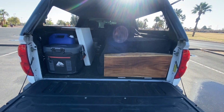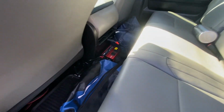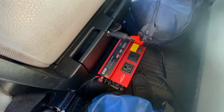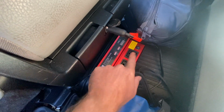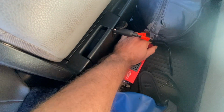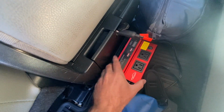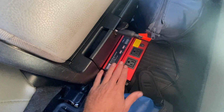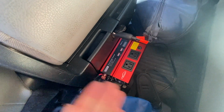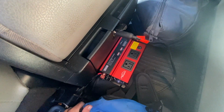So what I did instead was I just got an inverter right here. When the car's running, I will be able to plug some things in. There's some other cigarette lighter holes on this side and some USB ports right there. So I'll be able to charge my batteries using this. I chose to do that for now instead of the Jackery system,